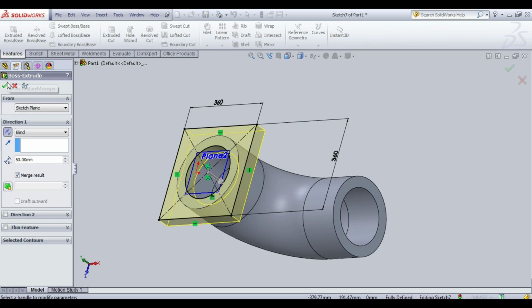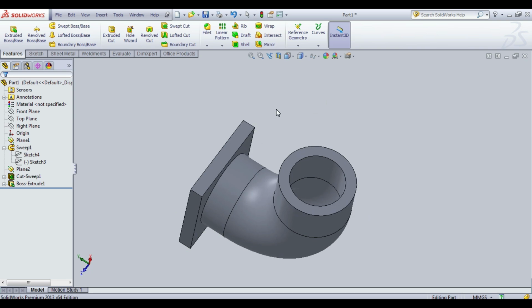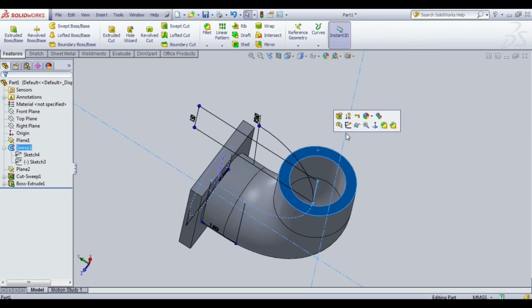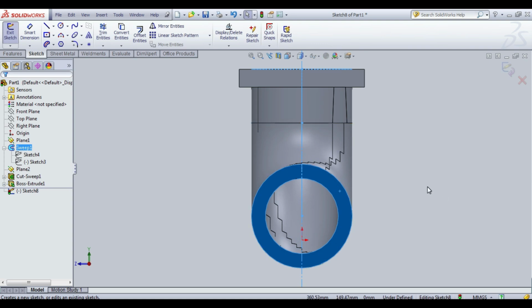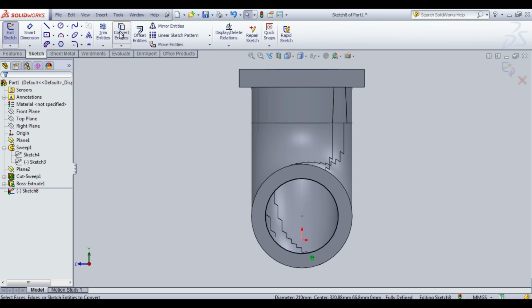Click that. Okay. After that, again draw the flange on another side. Same procedure.